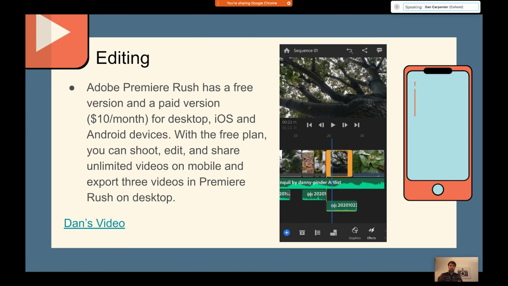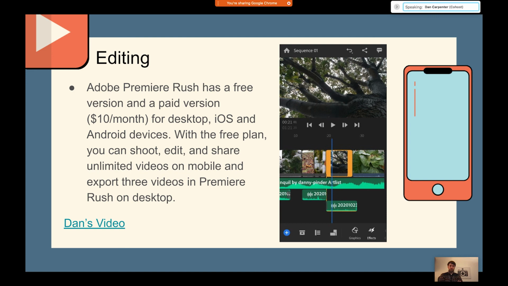So, when you can, check out the video. There is a link in the presentation here. But if you've done any kind of nonlinear editing, it's exactly the same, but you're using your finger or a stylus instead of a mouse. And of course, precision is a little trickier, but with the phone, you can really zoom in and get those precise edits. It took me a little longer than it would have taken on a desktop computer to do the